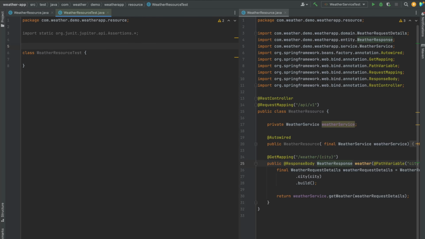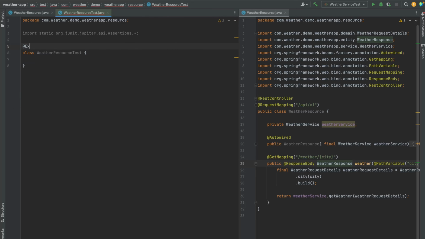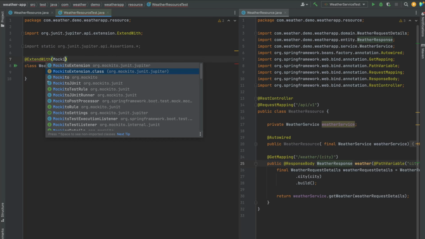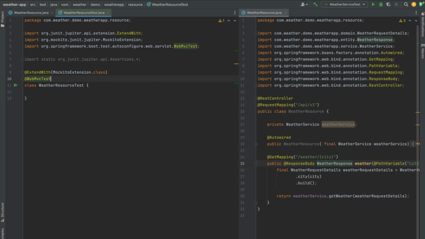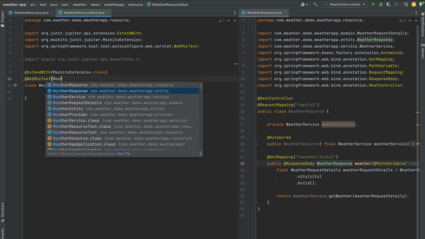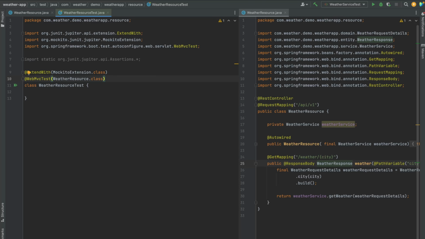I think it's going to make it clearer. So we need some annotations here. Extend with Mockito extension class and WebMvcTest, and here we need to put the name of the class we are testing. In this case it's the WeatherResource class, so make sure these are correct. And now, same as before, we can see that we have one dependency, which is our WeatherService class. So let's have WeatherService,